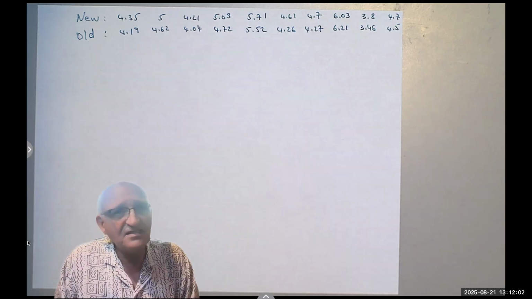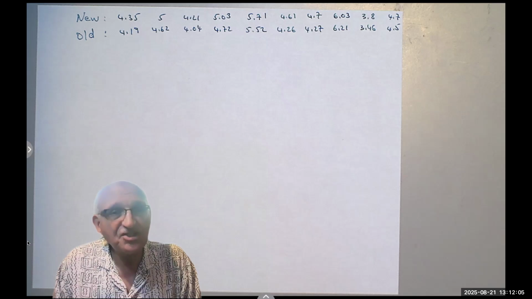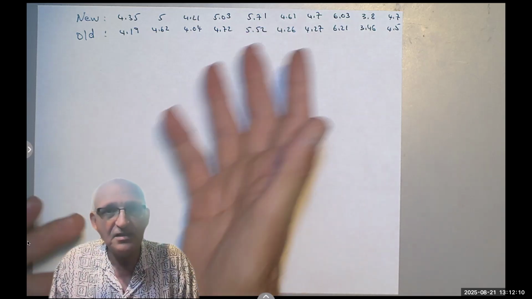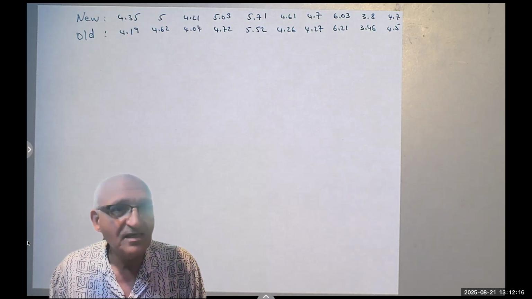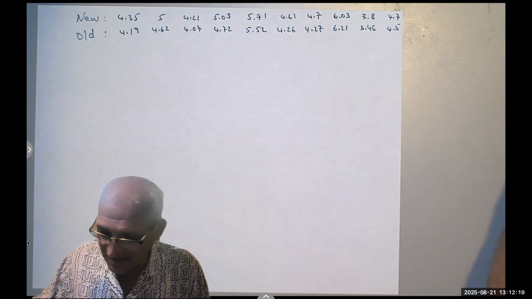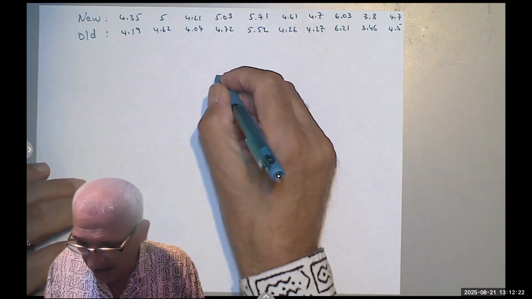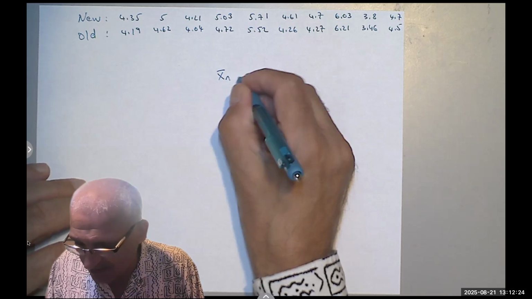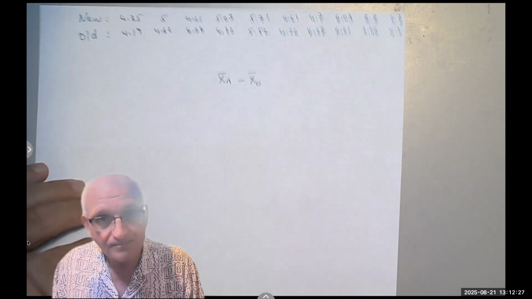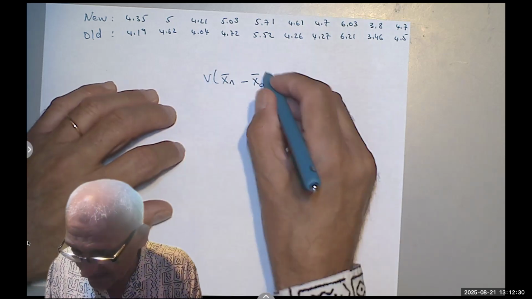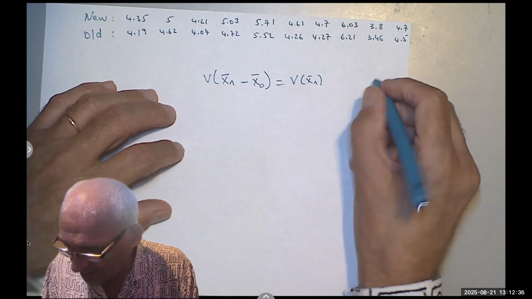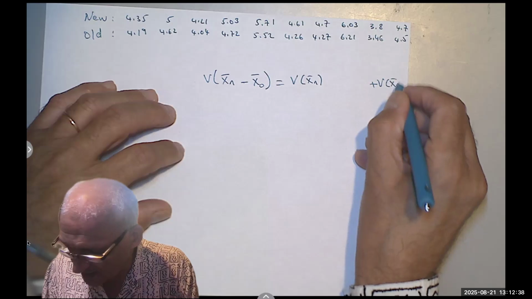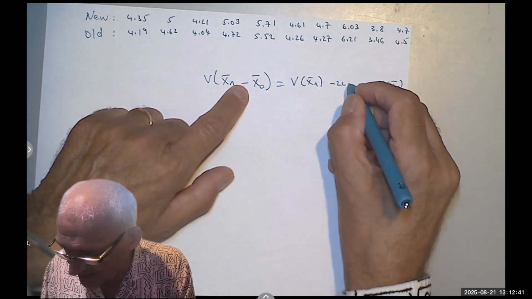In fact, you can check to see the correlation factor between them. The correlation, we expect it to be high positive, right? I want it to be high positive. Why is that? Because remember, when I say x bar new minus x bar old, if I take the variance of that, remember we did that last time, it is the variance of x bar new plus the variance of x bar old minus twice